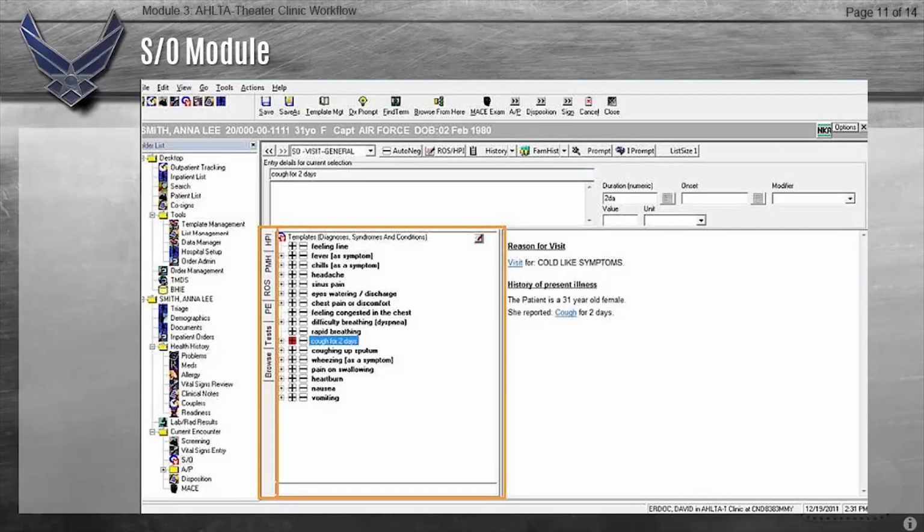Use of the Medicine terms equates to structured documentation. As terms are added to the note, they are stored and organized based upon this identifier. At the end of the encounter, AHLTA Theater currently uses these structured terms to assist in symptom surveillance and disease management and decision support. To navigate within the SO module, use the tabs located along the left margin of the